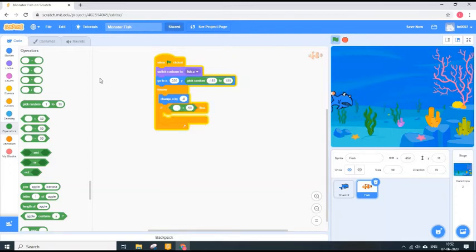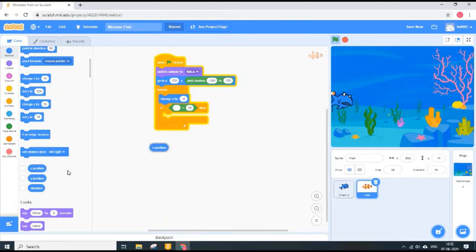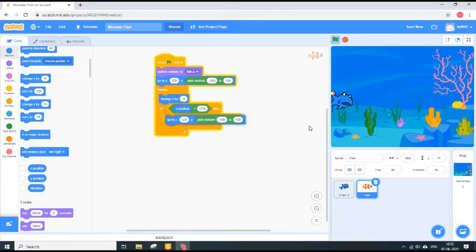So what is less than what? The x position of the fish. Horizontal position, so that's why the x position. So in motion, the x position of the fish, if it is less than minus 220 on this side, then I need to again go back to this place. Going back to this place is this same code. I'm going to duplicate this code, put this back and then put it over here. So you see this now, it comes here and then it goes back again.